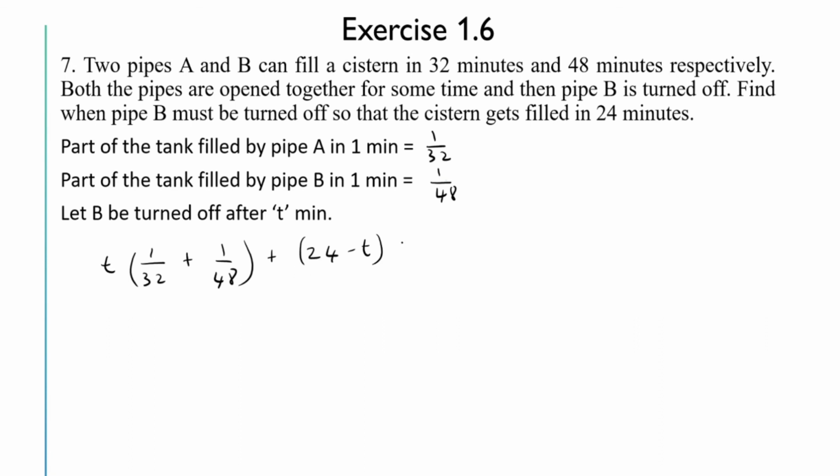So for the remaining time, the tank was filled by only A. So it is (24 minus T) into 1 by 32. This is equal to 1. So the entire tank was filled in this way. So here let us take LCM. LCM is 96 here. So here T into (3 plus 2) by 96 plus (24 minus T) by 32 is equal to 1. Here let us multiply and divide by 3 so that we get